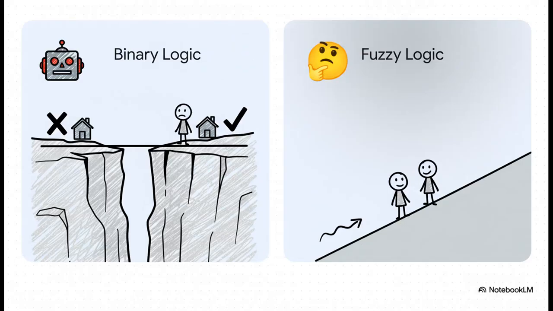Well, the whole secret is to move past that rigid, old-school binary logic. In that black and white world, a credit score of 749 is a world away from 750. One number means no loan, the next one means yes. It's this incredibly harsh cutoff. But fuzzy logic looks at that and says, hang on, those two scores are practically the same. It works with degrees of truth. It sees all the shades of gray that, let's be honest, make up the real world.